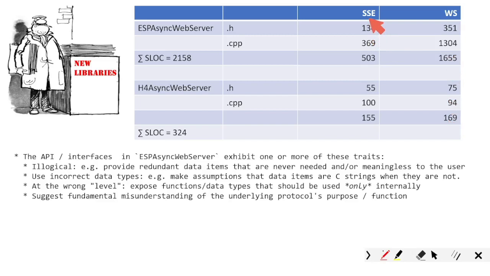Same on the SSE front, not quite as bad. There are so many issues with the SSE. The interface is completely illogical. It does tons of stuff that it doesn't need to do. It makes you do tons of stuff that you don't need to do. It fails to implement the protocol properly, again because I don't think the guy understands it. They use the wrong data type. They've got bugs in them. I'm going to stop there because I can feel myself going into a rant, and today should be a happy day